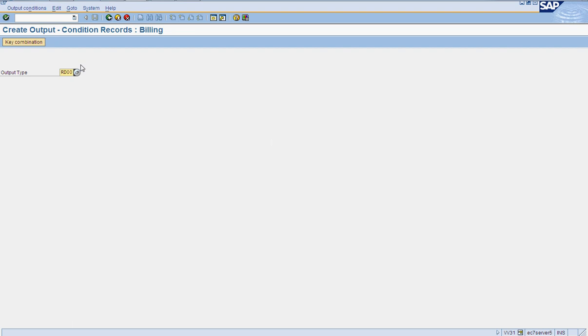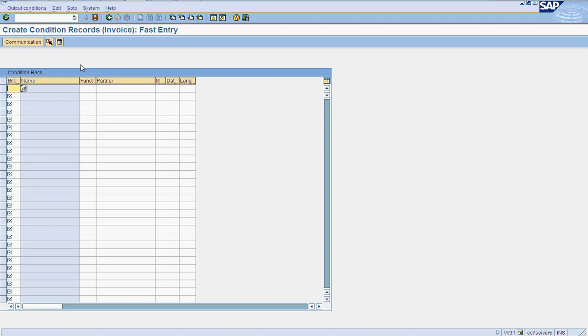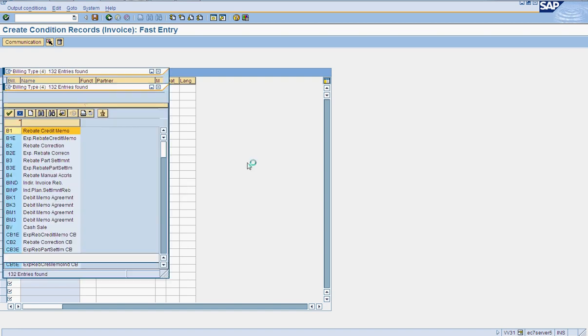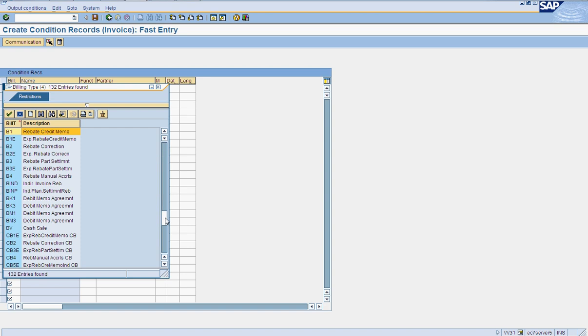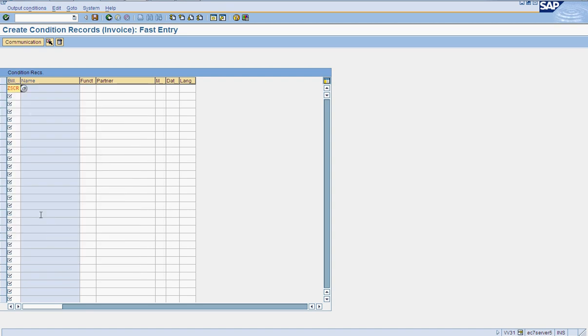We are coming to create the output condition record for billing. So we would be using billing type, our custom billing types ZSOR and ZS. Press enter.